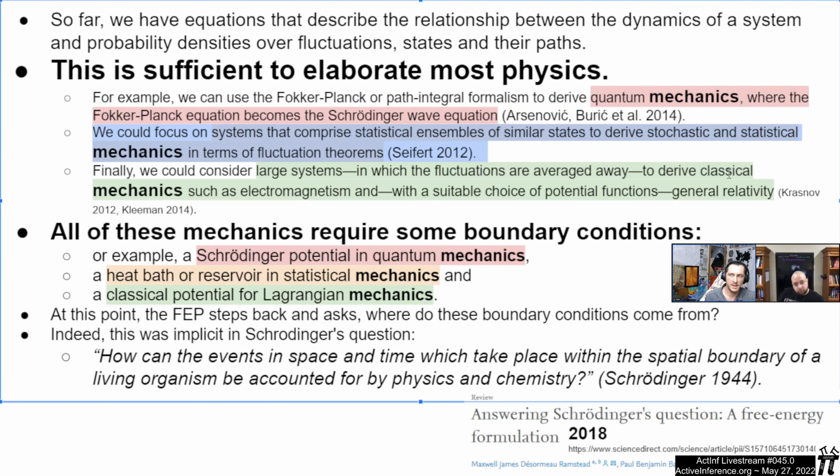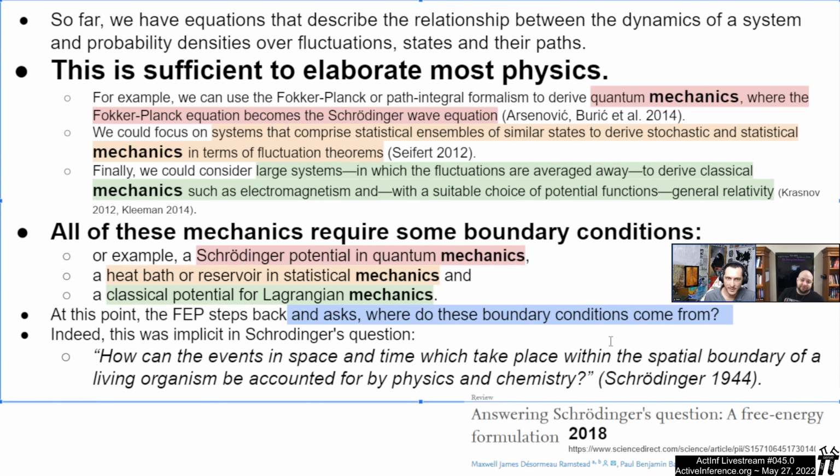statistical, classical, require boundary conditions. To give the examples, the Schrödinger potential in quantum mechanics, the heat bath or reservoir in statistical mechanics, and the classical potential for Lagrangian classical mechanics. At this point, the FEP steps back and asks, where do these boundary conditions